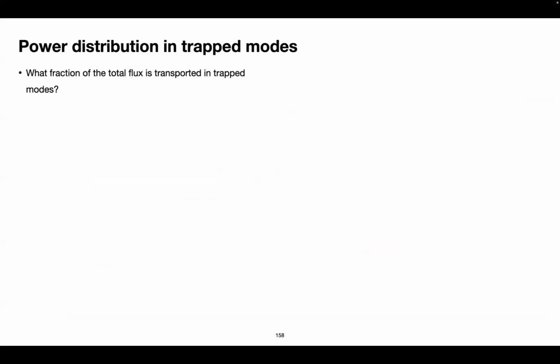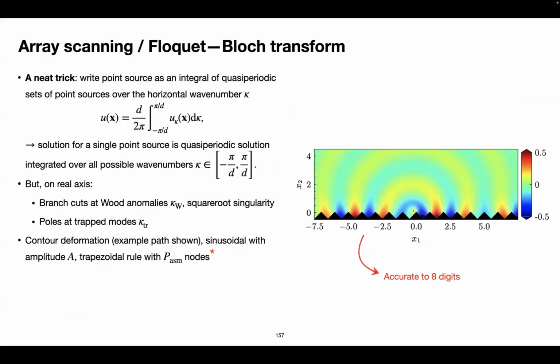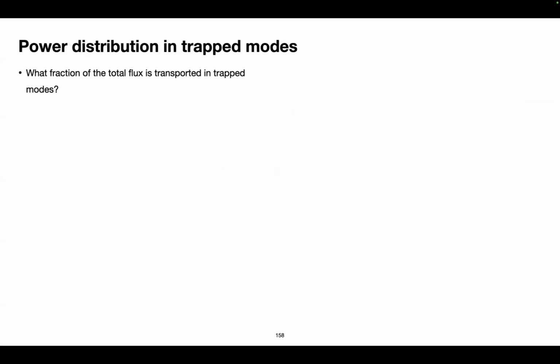We talked about these trap modes, and if you look closely, the solution from this frame of that movie looks very similar to the plot of a trap mode. These lobes that are localized close to the surface look like a trap mode. It turns out that it is these trap modes that transport acoustic power away from the point source, and they're responsible for the steps being heard a long way away.